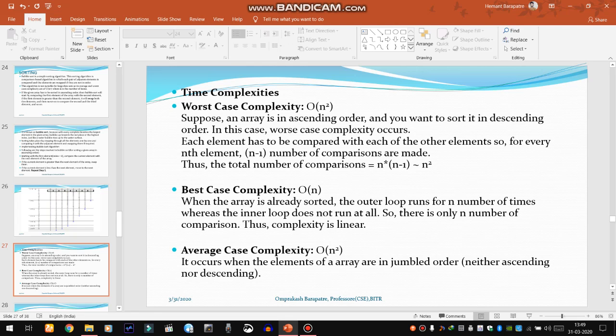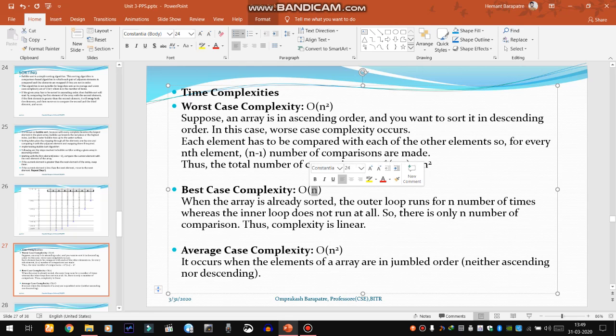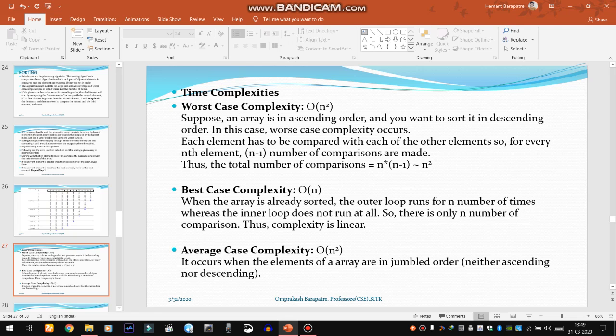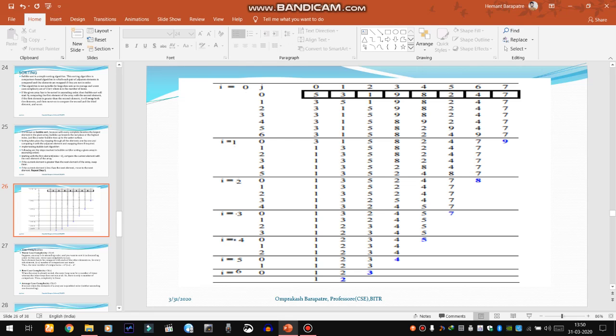For the best case complexity, suppose all the values are already arranged in the required order, ascending or increasing. Then all the elements will be compared at most once, so n comparisons will be performed. So big O of n will be the best case complexity, and when we talk about the average case complexity, it is equal to the worst case complexity, big O of n square. In this way we can perform the swapping and arrange the values in a particular order. So this is the whole method of bubble sort. You can take this example and try it at home. So in this way the bubble sort is